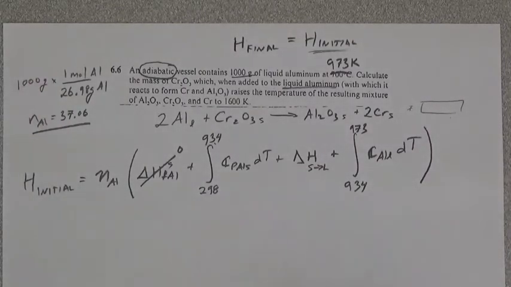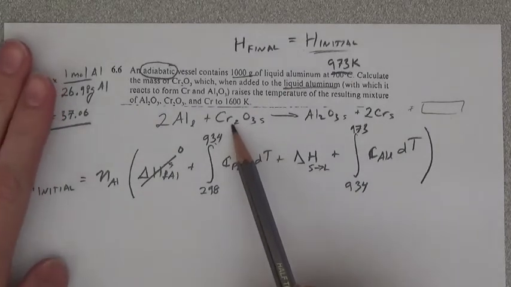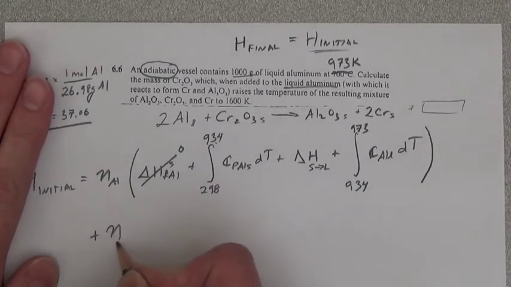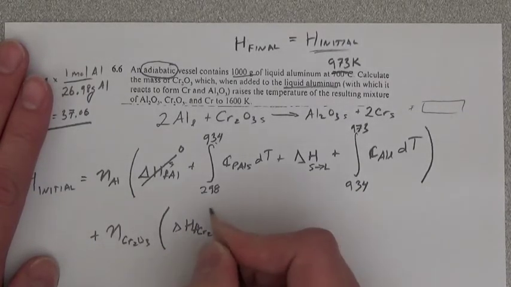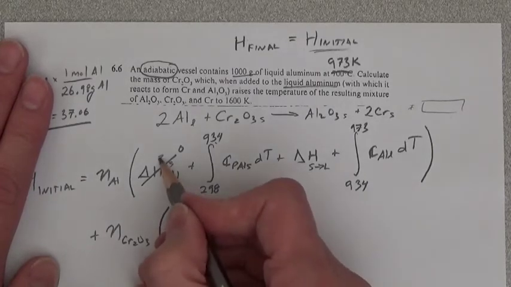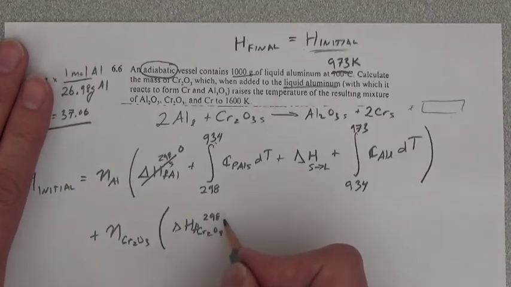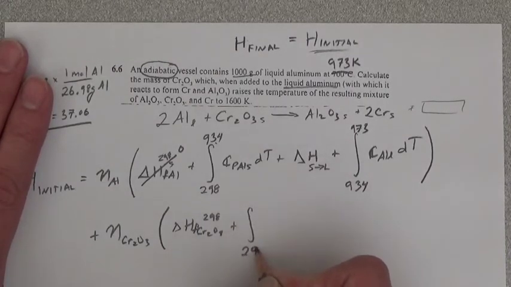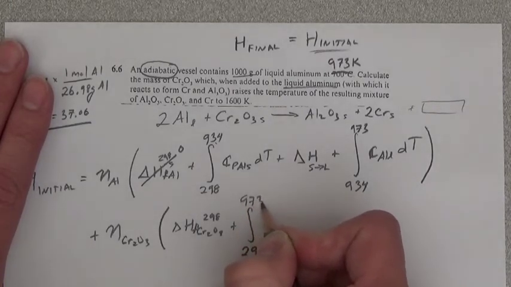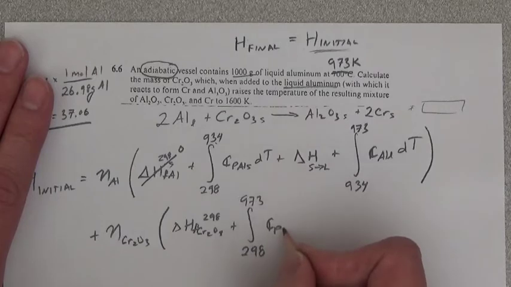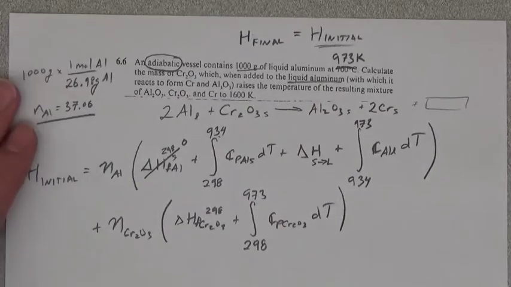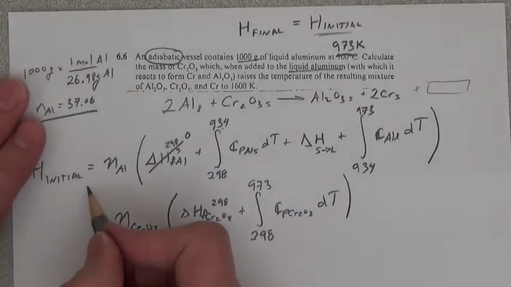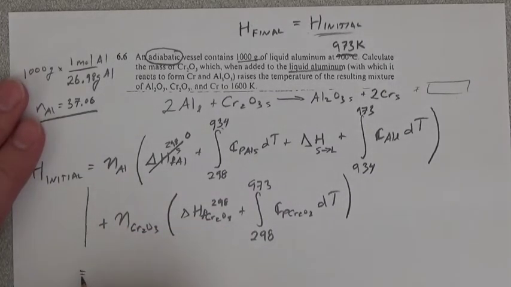So that's the first bit, and the next part is we're throwing in the chromia, plus N_Cr2O3 times delta H_f of Cr2O3 at 298, plus the integral from 298 to 973 of Cp of Cr2O3 dT. Okay. So this then is equal to